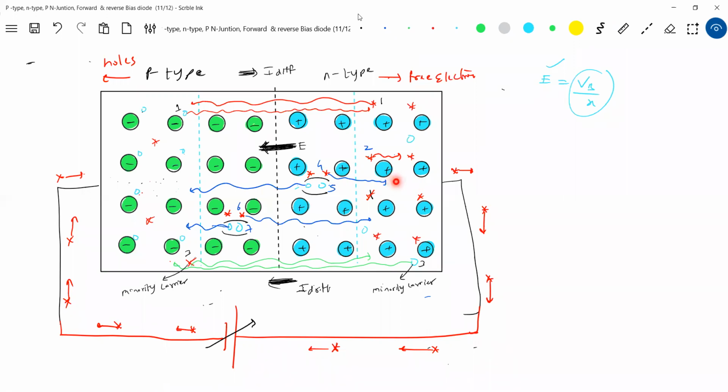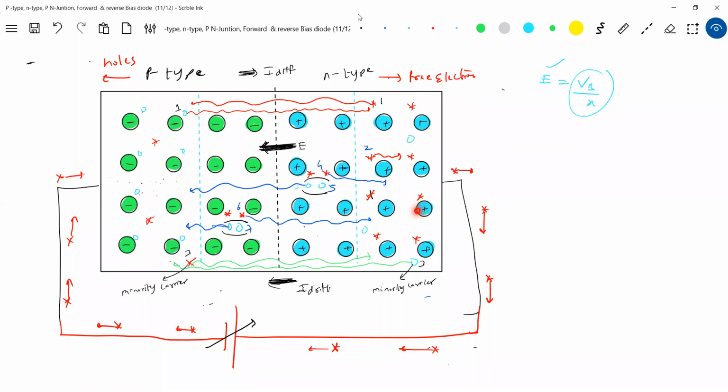Okay, that majority-minority point I'll suspend for the time being. This electron also will move. Then these electrons also will move. Some are most energetic, they'll try to move. The same thing, they are minority carriers. From N to P type, it will move. And similarly, there will be electrons moving from P to N type. And this electron, generated either here or here, will be moving here. So any electron generated in this region, anywhere here, you have to say that it will move away. Don't say, sir, this electron is moving toward the junction. These are minority. The electrons which are here are majority here. The electrons which come from the other region will all become minority.